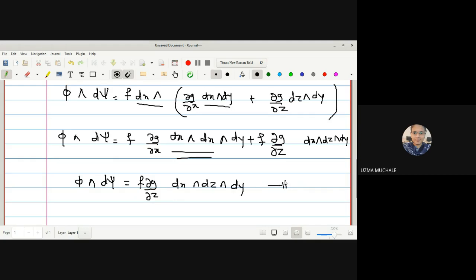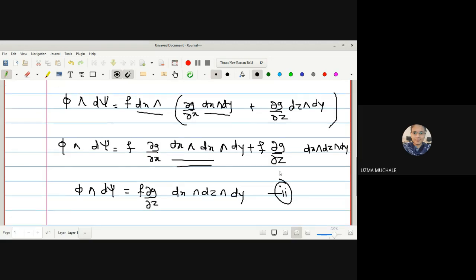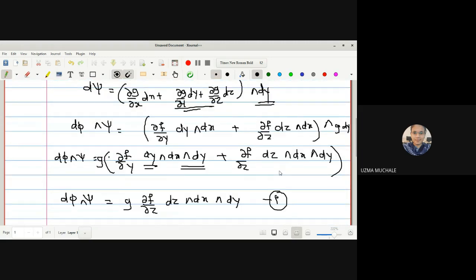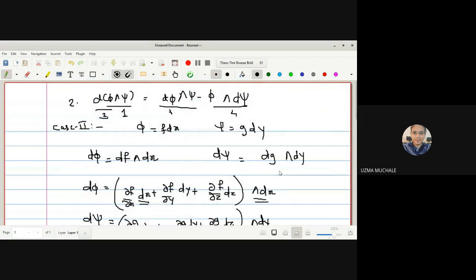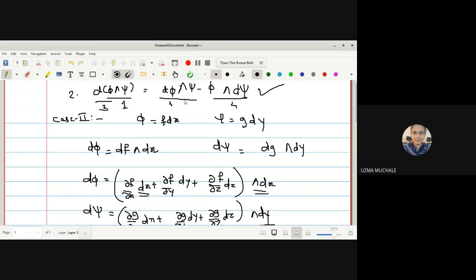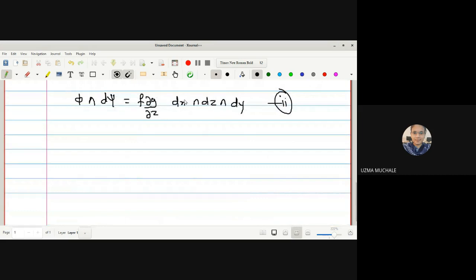Can I name this equation 2? Now what you have to do is simply subtract this equation. If you want to prove this equation, you have to subtract equation 2 from 1. Do you understand? We can write here equation 1 minus equation 2. So equation 2 subtracted from equation 1, and we get...